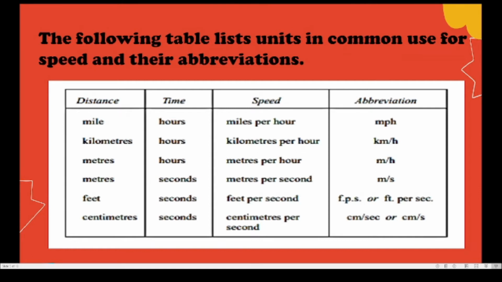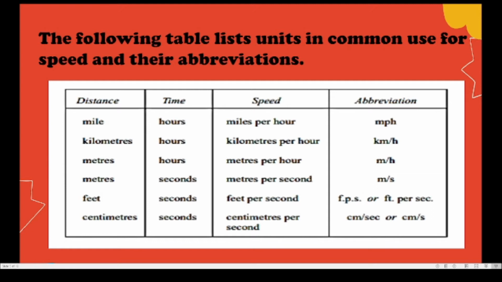The following table lists units in common use for speed and their abbreviation. We have distance, time, speed, and abbreviation. For miles, distance, in time we have hours. In speed, we have miles per hour and abbreviation mph. For kilometers, and for time, it's hours. In speed, kilometers per hour, and abbreviation